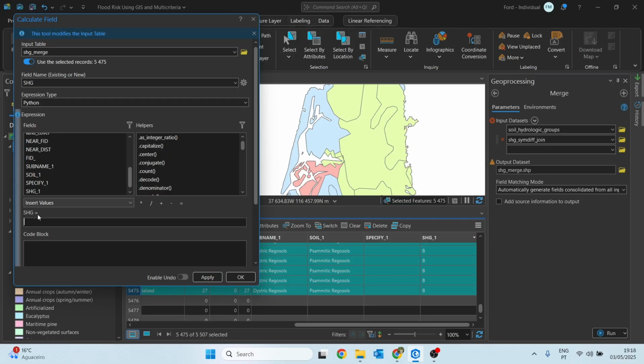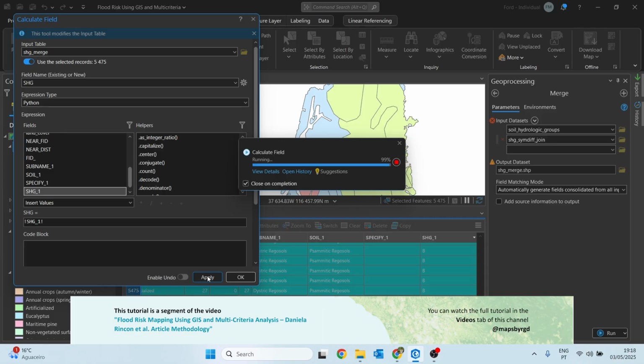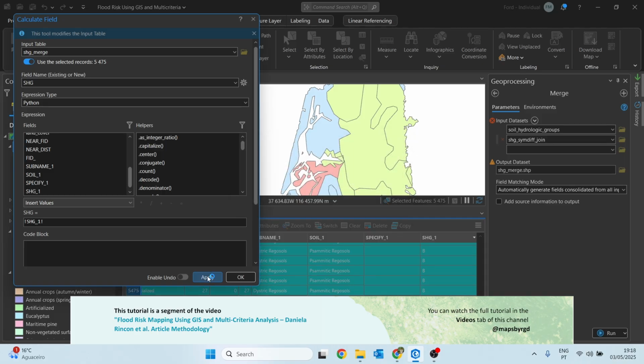So we just right click on SAG_1 and click apply or OK to fill the data. There we go.